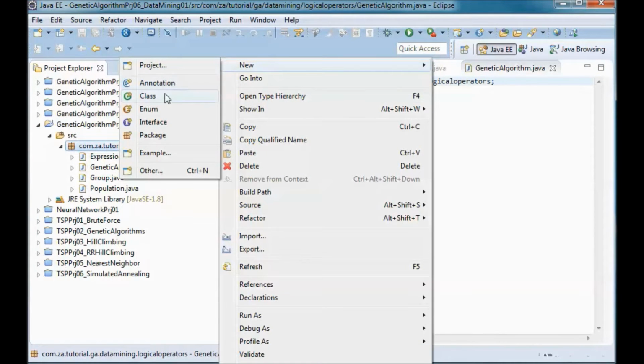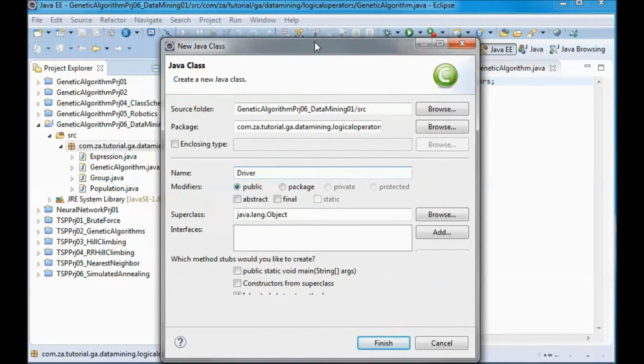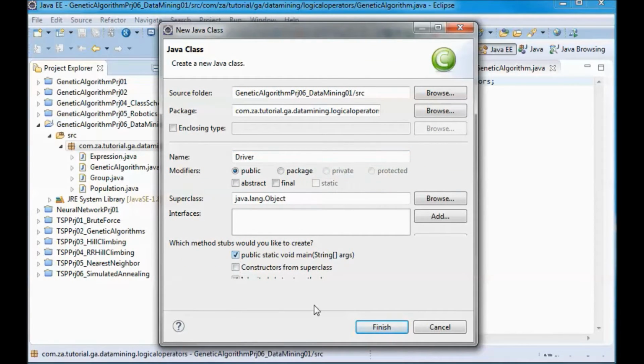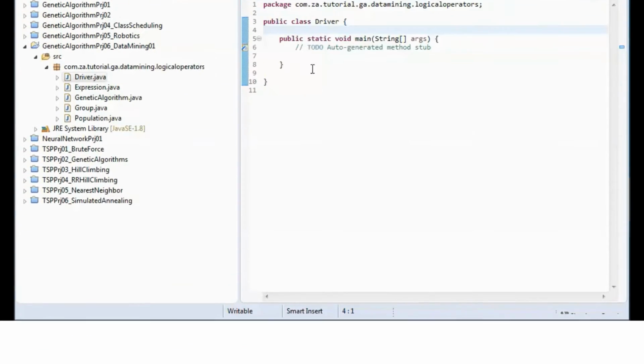And lastly, we will have a driver class with a main method which will be driving this application.